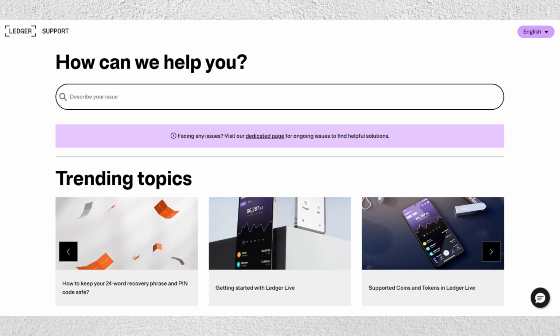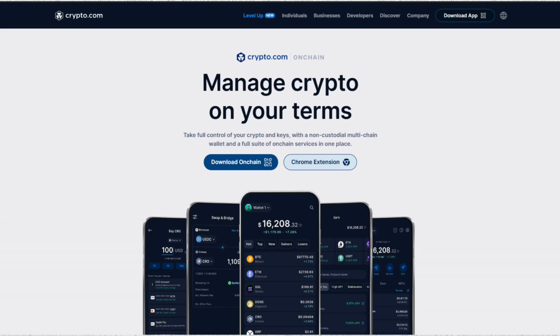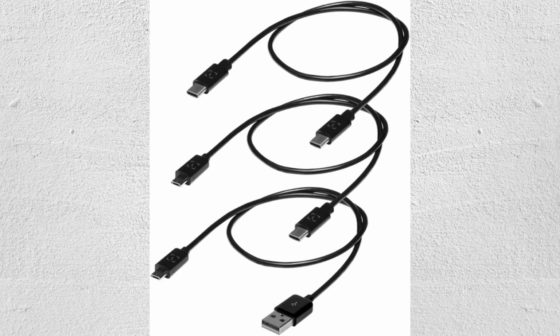Now after that, download and install the Crypto.com on-chain desktop wallet application from the official Crypto.com website. You just have to visit the official website of Crypto.com and you will see a download button there. Now, after downloading the two applications, use the provided USB cable to connect your Ledger hardware wallet to